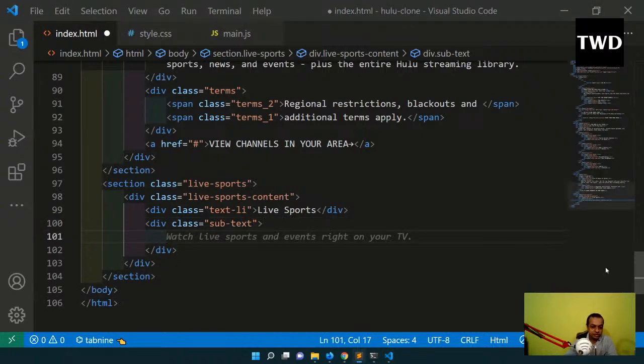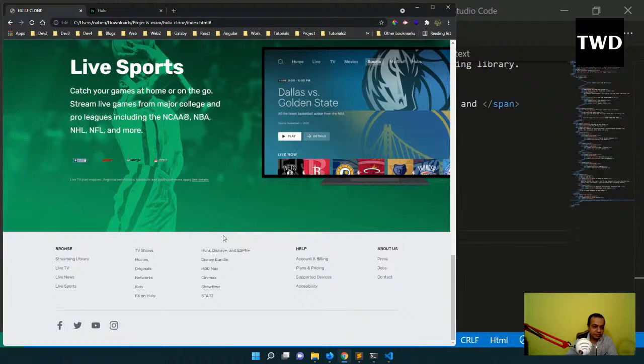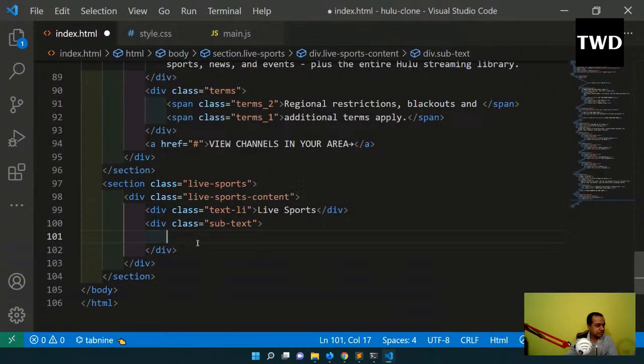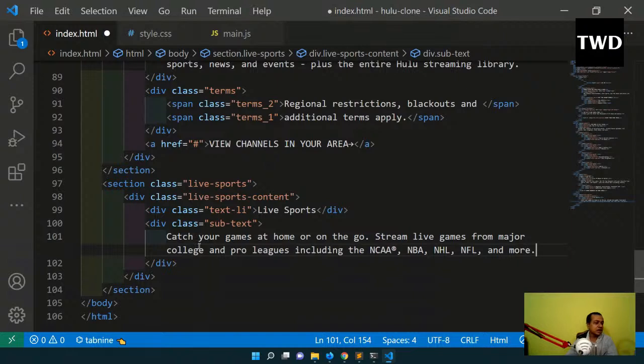Now what is the subtext in the live? Let me come back here. It is the subtext. Okay, so I'll copy it and paste it. Okay, now we are going to have some of the logos. So let us have those logos, and after this subtext div, we are going to have a